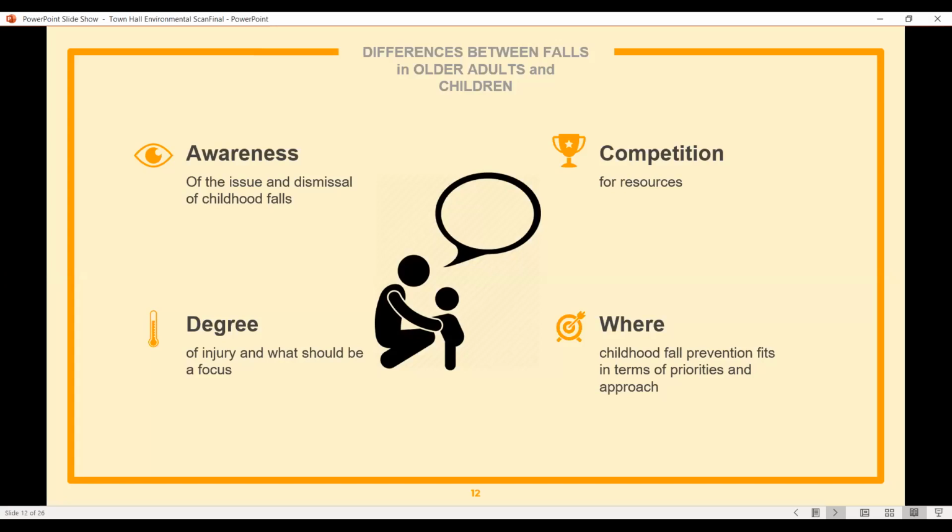And should it, instead of talking about preventing falls, because not all falls will lead to great injuries, maybe it should be serious injuries. So that was a point that was raised as well. And definitely